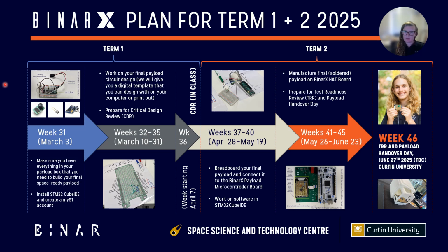So you don't need to do anything with it other than get it installed and downloaded and create an account. So we're ready to go, because you don't want to lose any time wrestling with software when you need it. You also need to check to make sure you have everything you need to put together your critical design review